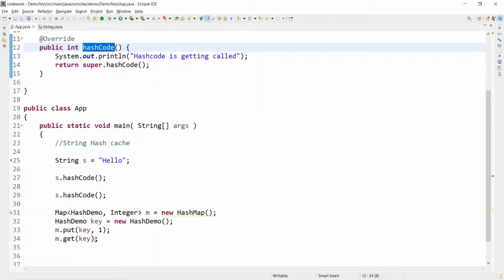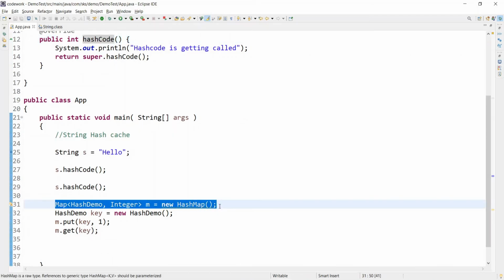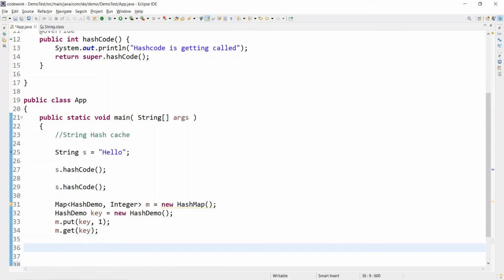Okay, so let's see if you are storing a String key-value pair, right? So let me put another one.